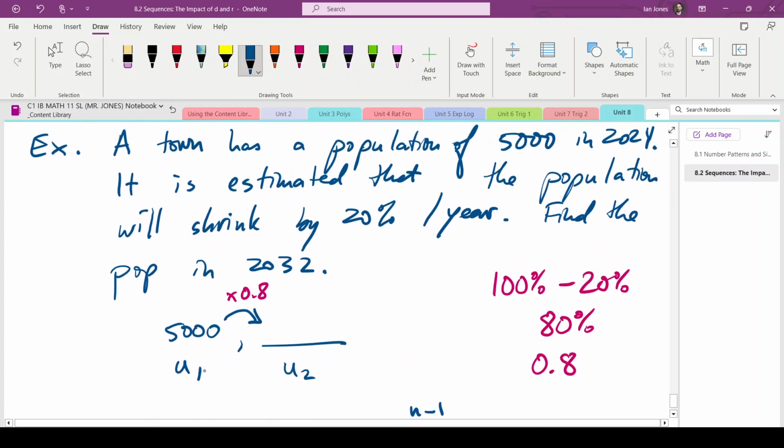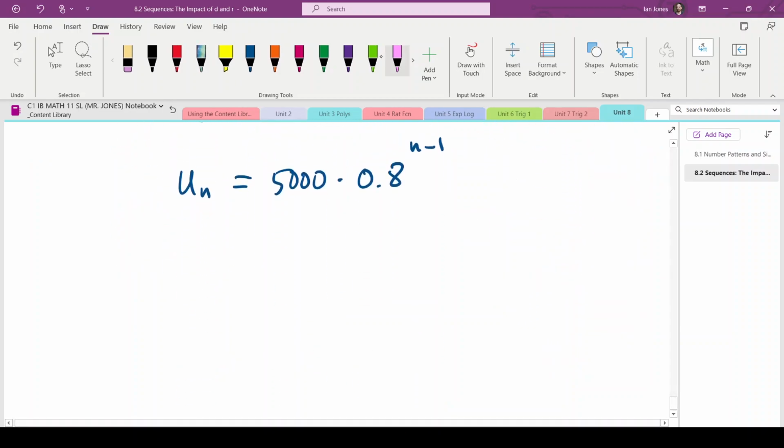Okay, so the first term matches 2024. Which term number matches 2032? Well, we can see it this way. If I have the first year is 2024, and the second one is 2025, and so on, and I'm going up to 2032,